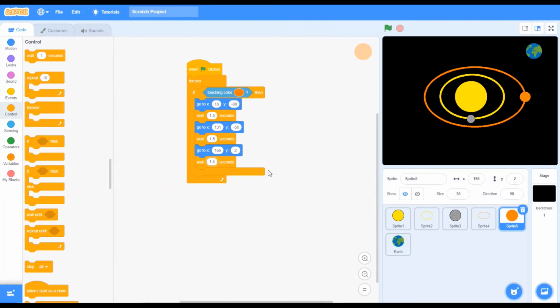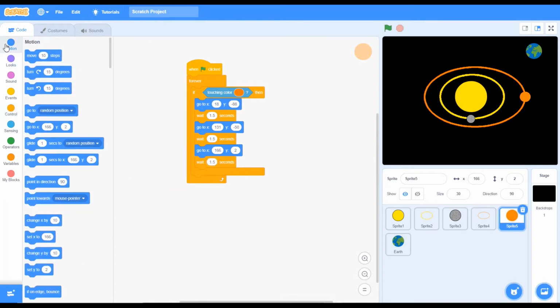Okay, friends, but I want to tell you something about the outer planets. Neptune is the slowest planet. That's why it will take a lot of time, 60 seconds. Okay, not joking. So friends, 166. Okay. Now again we want to go to here, then in the next turn it will go at the top. 106, very close to it actually.